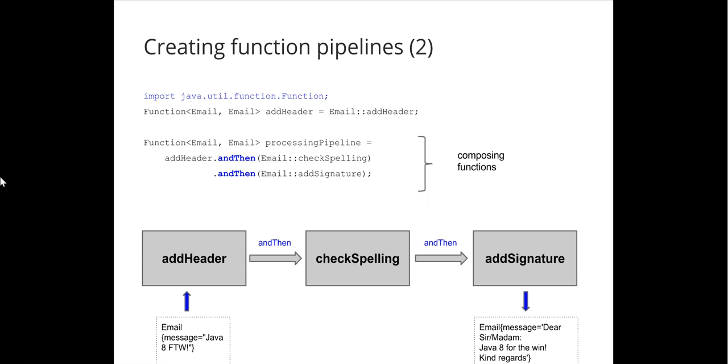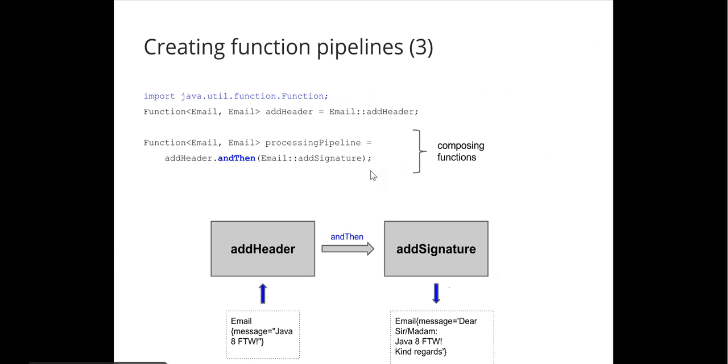So in this case, we're going to model a processing object through just a simple method. Add a header takes the email in and will produce a new email out. And similar for check spelling and signature. We can make use of this method called andThen, available in the Function interface, which lets you compose two functions together. What that does is take the output of the first function, for example add a header, and give that as an input to the following function in the pipeline, for example add signature in this case. And by doing this, you can compose multiple methods together and create richer pipelines of operations.